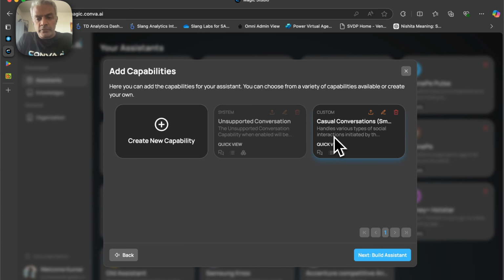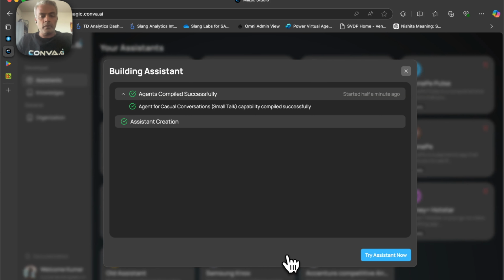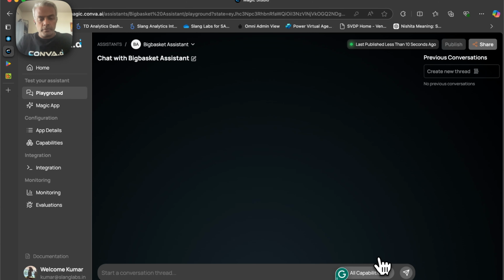Let's quickly test this assistant to see what it can do right now. Just click on build assistant. Okay, so now the assistant is ready. Let's go test it out. This is the very basic version of the assistant. This is the playground where you can test it. Click on the playground and you can